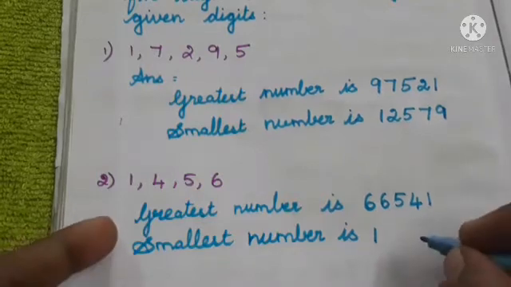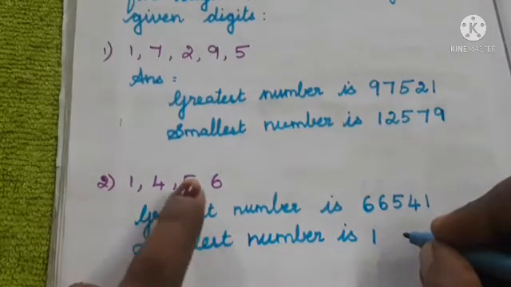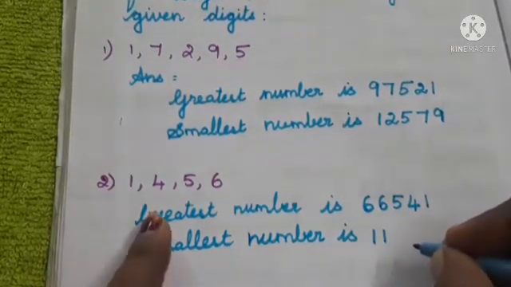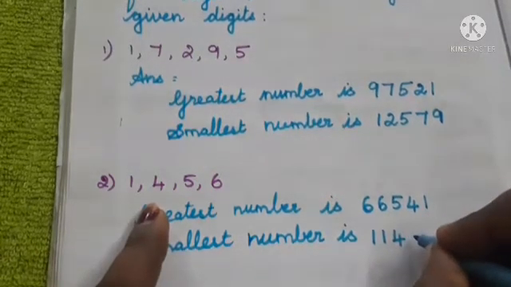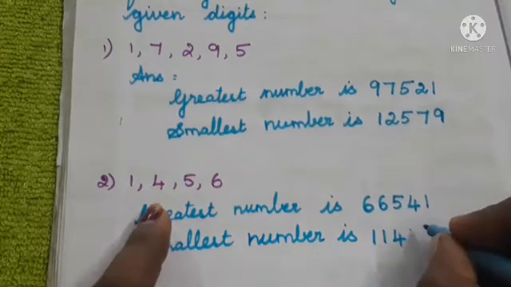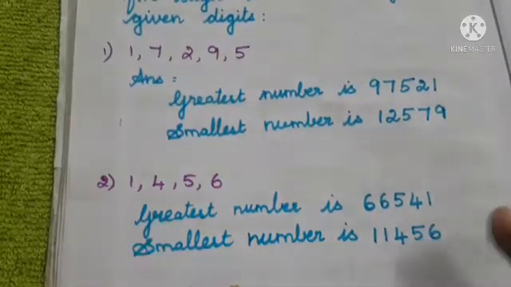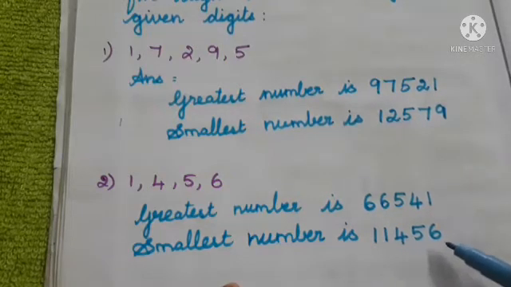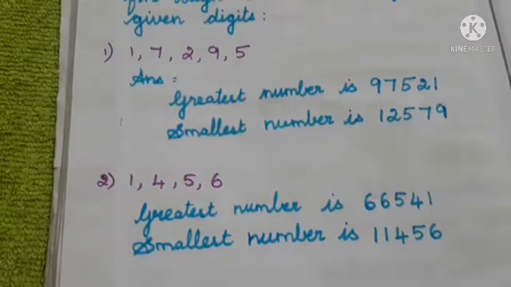Here they are asking to write a 5 digit number. So how many times will it come? Already we have 3 digits at the back. We have written 1 one time, so next we have to repeat the 1 one more time. Then the greater number after the 1: yes, 4 is the next greater number. After the 4, 5 is the next greater number, and at the last 6 is the greatest number. Now we have formed the smallest number, that means 1 1 4 5 6. By using the 4 digit number we have formed a 5 digit number. Then look at the next one.